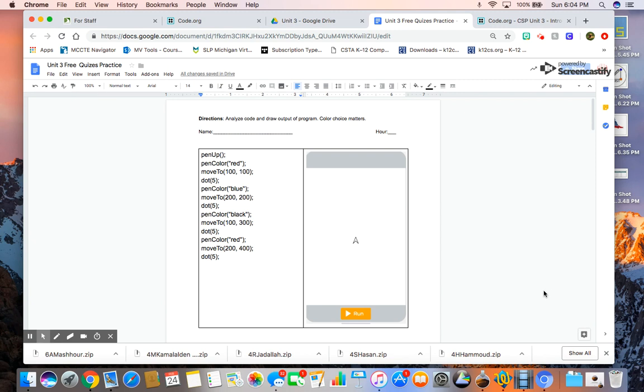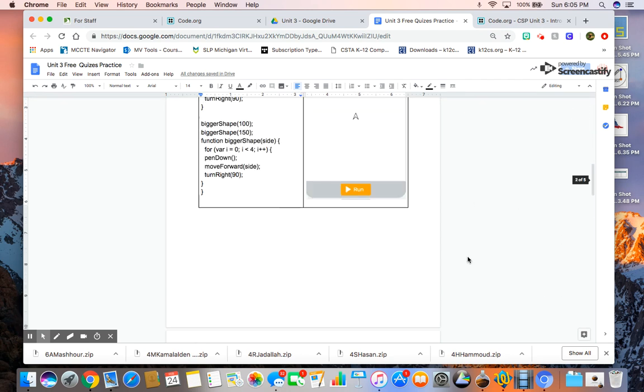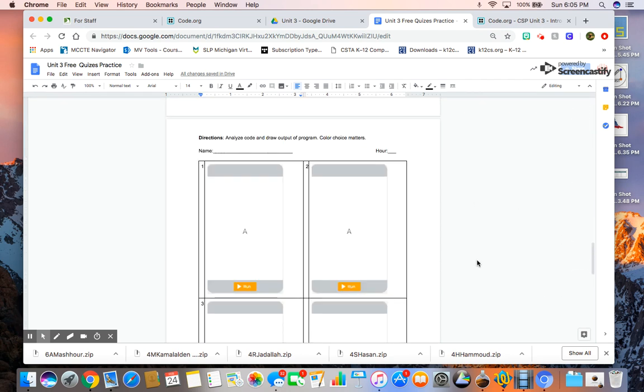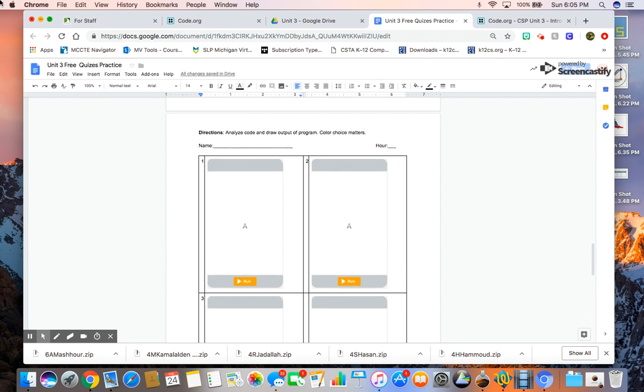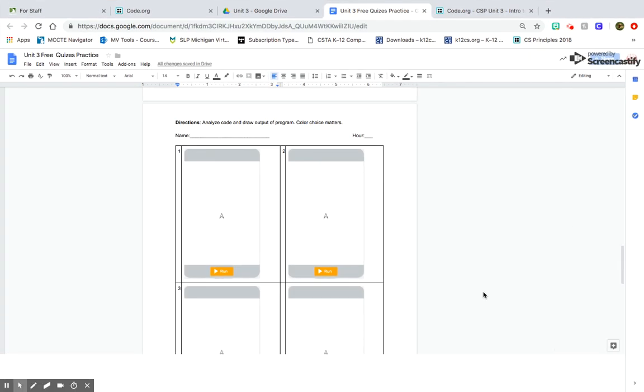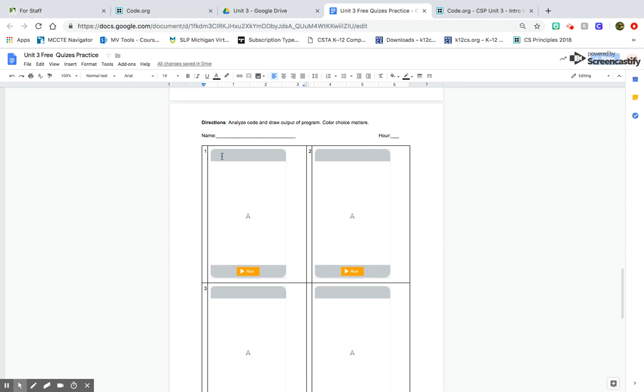Okay, I wanted to show you a couple examples of what your free response quiz is going to be like tomorrow. First of all, I'm going to give you this document that you see here. It's going to have numbers 1, 2, and 3 because you're going to have 3 segments of code that you have to draw. You're going to get these blank